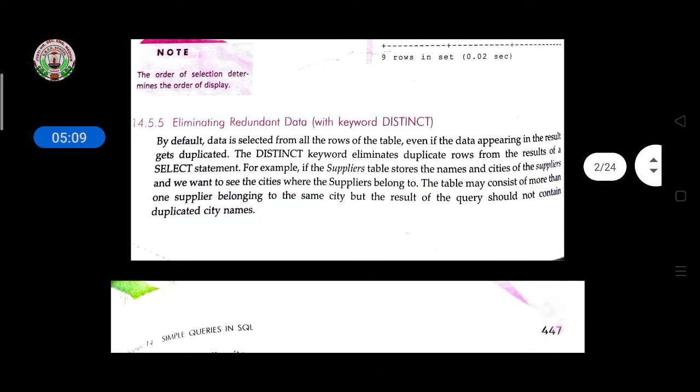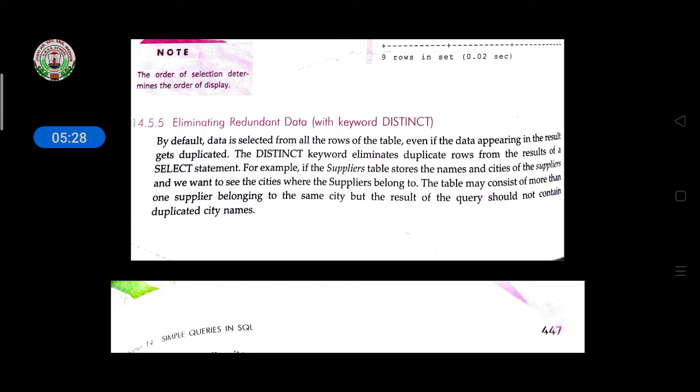Then come to eliminating redundant data. By default, data is selected from all the rows of the table. Even if the data appearing in the result gets duplicated, the DISTINCT keyword eliminates duplicate rows from the result of a select statement.